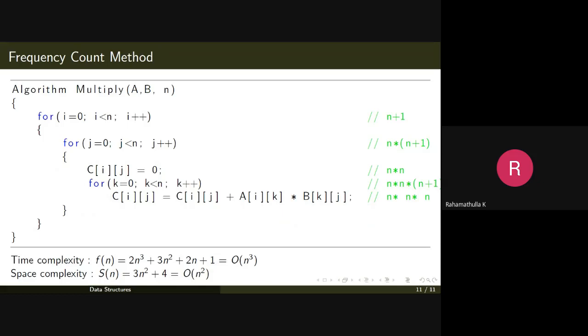We will see more about the time complexity and space complexity of the algorithm and how we can calculate the time and space complexity, and the notations like asymptotic notations of the analysis will also be looked at next.